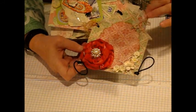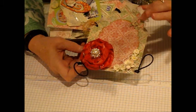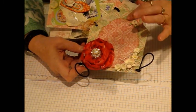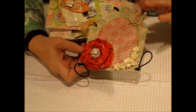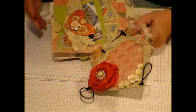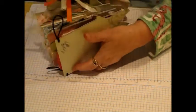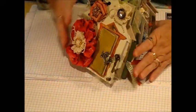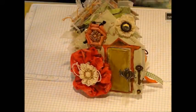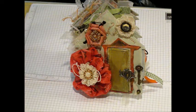And then at the top on the chimney I put 2 keys out of the paper, distressed the sides, and then I added some ribbon to hold the keys on there. And then on the back I just put who made it and my initials. But basically that's the little house book. But I did want to tell you and show you the paper that I used for this